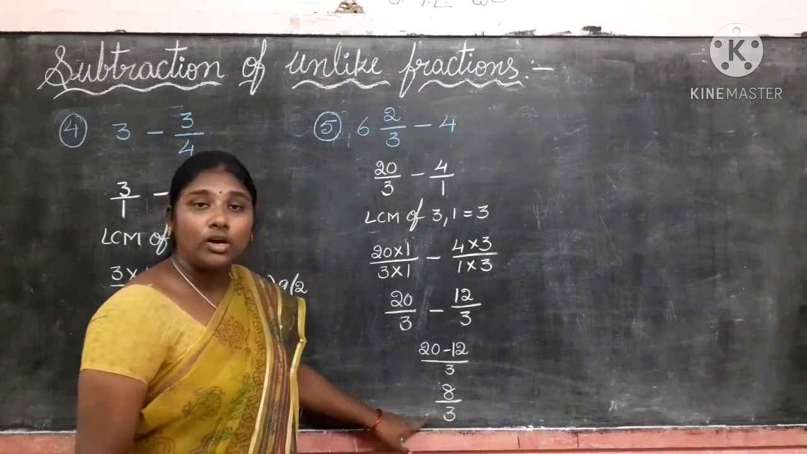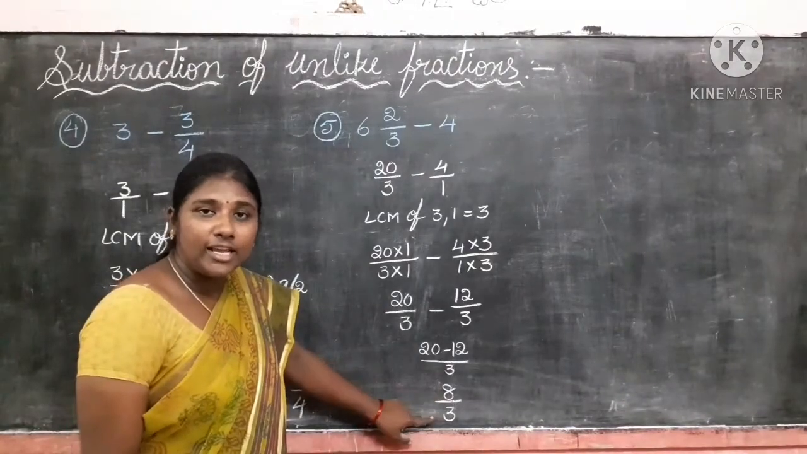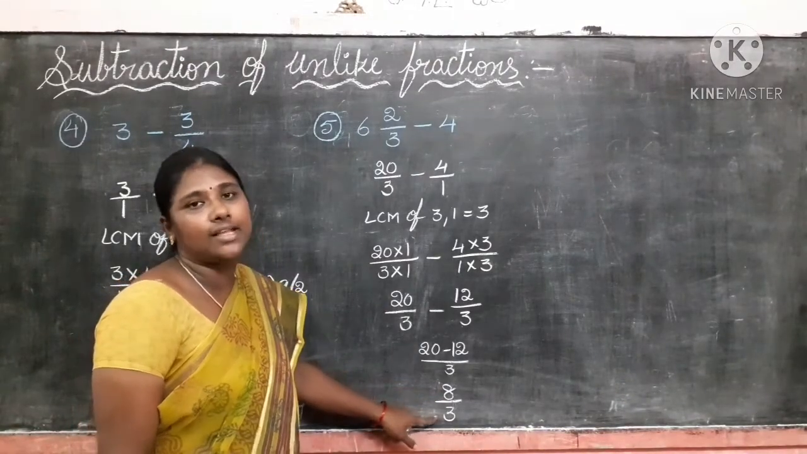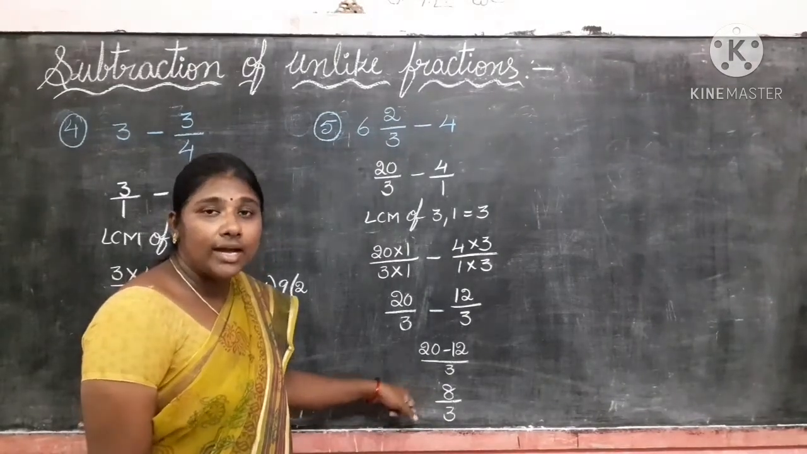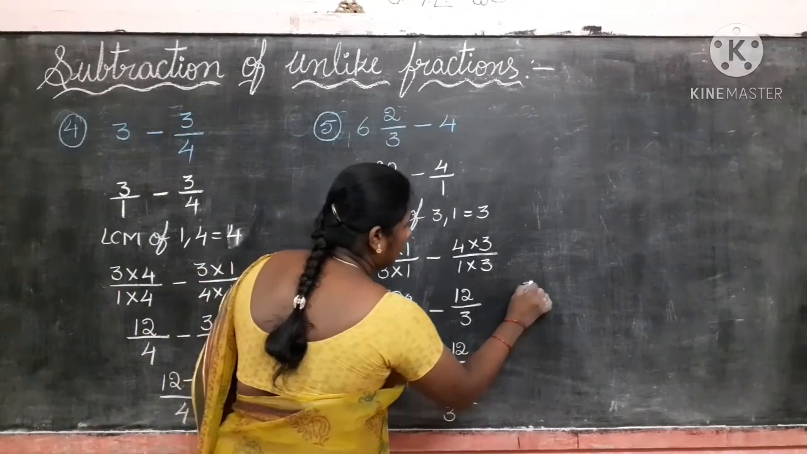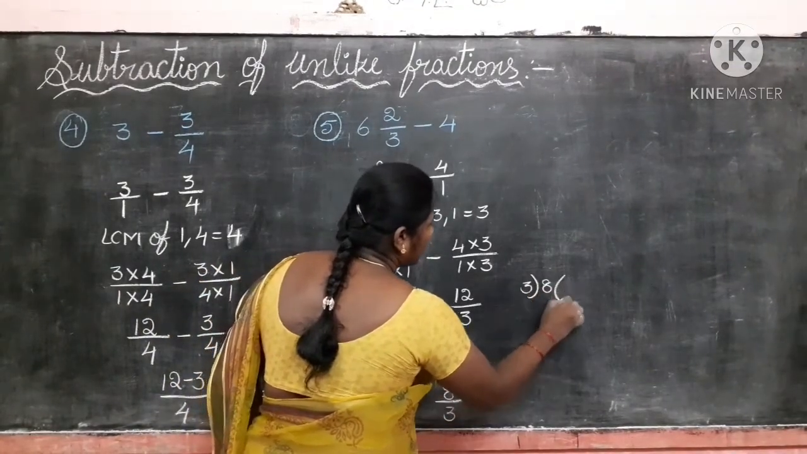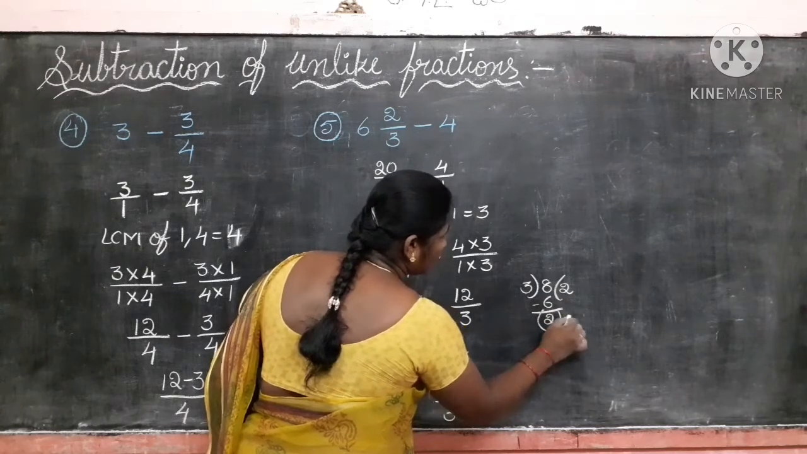8 and 3 will not come in the same table. 8 is the numerator, 3 is the denominator. The numerator is greater than the denominator. So it is an improper fraction. We have to convert the improper fraction into a mixed fraction. So 3 8s, 3 2s are 6. 8 minus 6 is 2. So 2